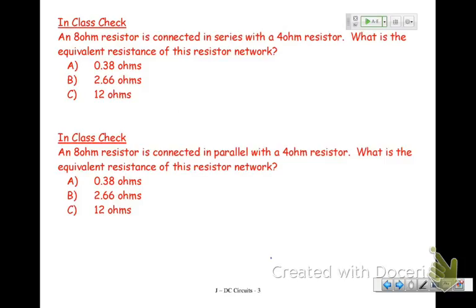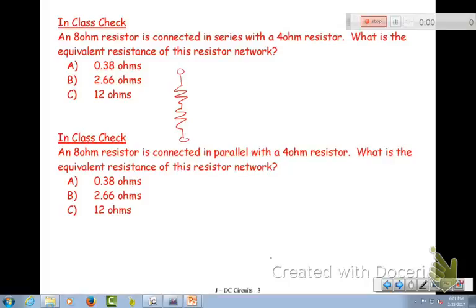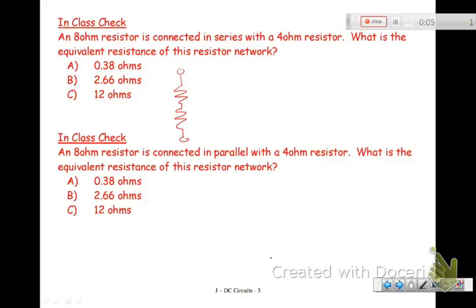So an 8 ohm resistor is connected in series with a 4 ohm resistor. What is the equivalent resistance of this network? Can you do that for me, please? Let's get those brain cells going. So this is an 8 ohm. This is a 4 ohm, and I want R series is equal to,